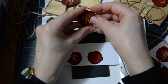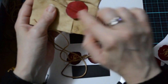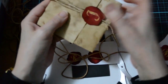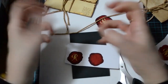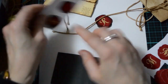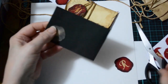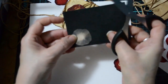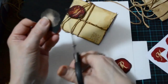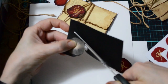But what I'm going to show you is my preferred method, because it will lessen how much you see of the string, which is absolutely fine because that's what would show up in a wax seal anyway. But if you didn't want that and you wanted it to be a little bit sturdier, with the grunge one you would need black cardstock. So basically I would use this as my template, and all you have to do is double up your cardstock so that you're not wasting any of your precious time. And you're just going to cut around this,